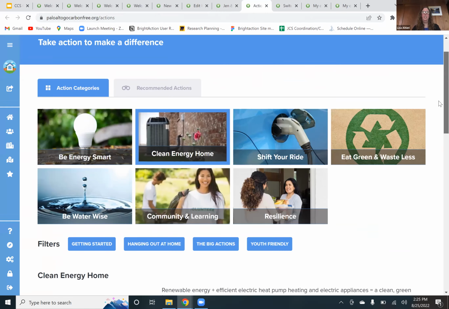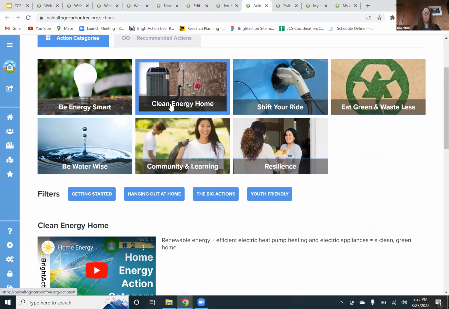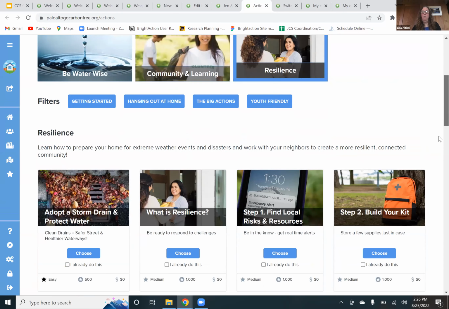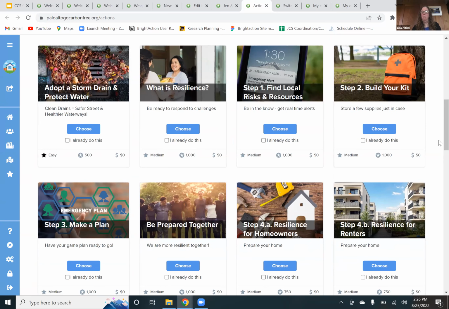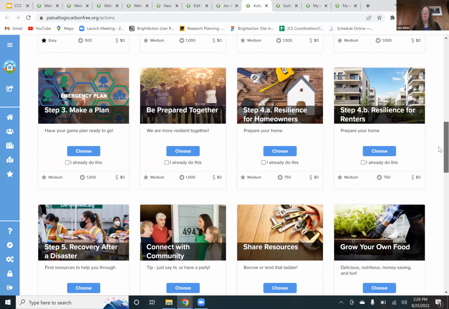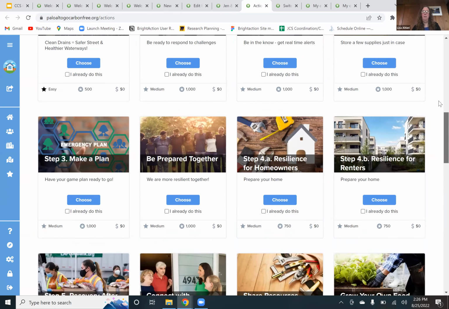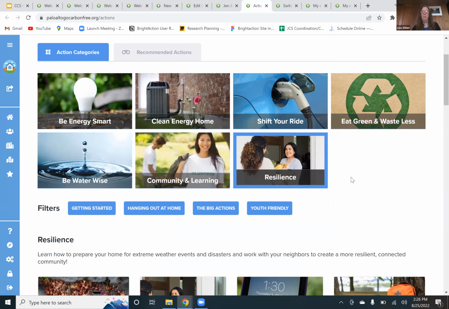So we have a robust action set here, addressing fuel switching at home and clean energy, transportation, food and waste, and then we have energy efficiency, as well as water efficiency, community and civic engagement and volunteering. And then we just recently added in a resilience category that has a full set of FEMA-based emergency preparedness actions that help people prepare at the household level, and then also prepare at the community level, connect with community, share resources, and grow your own food, and all of the other resilience things that are becoming so important right now